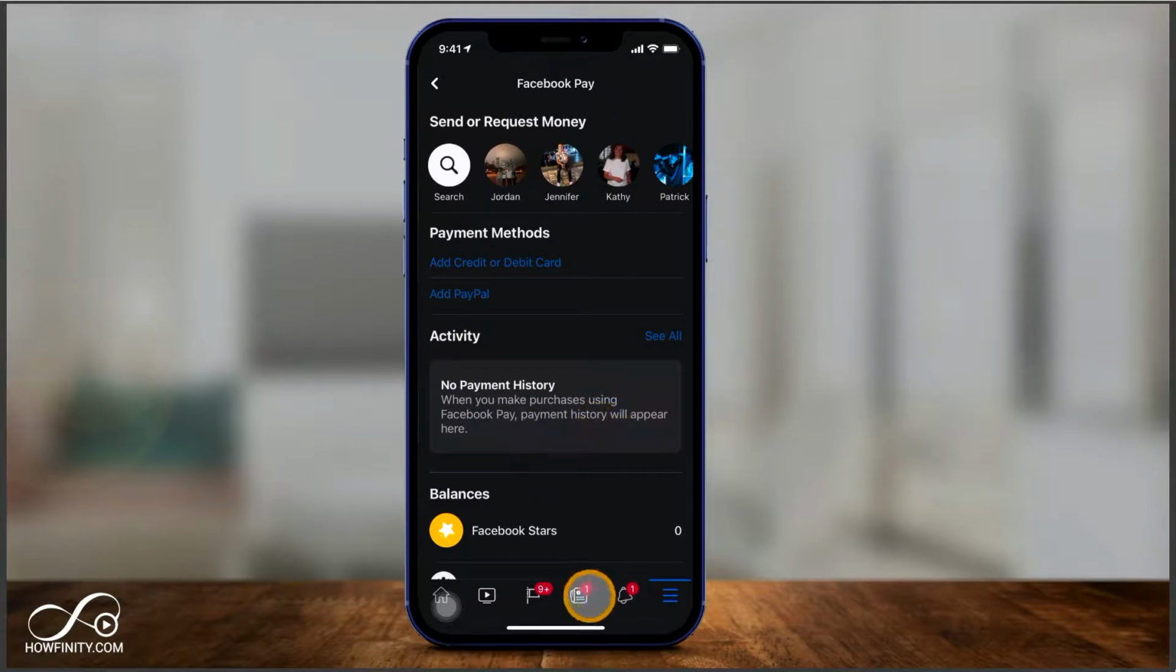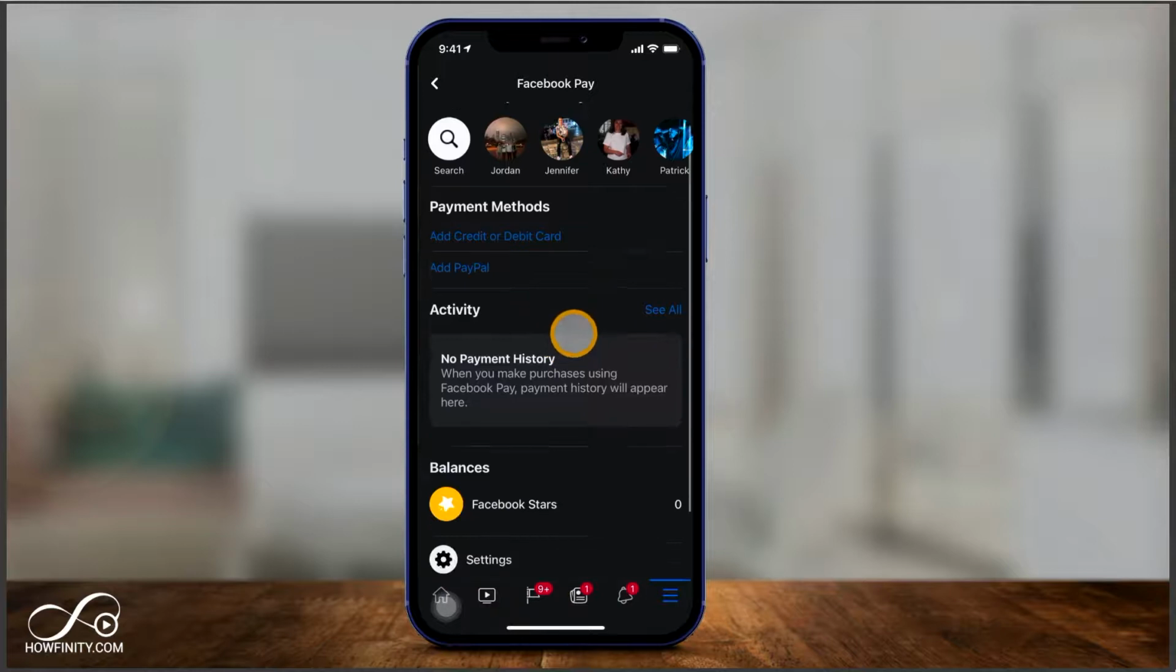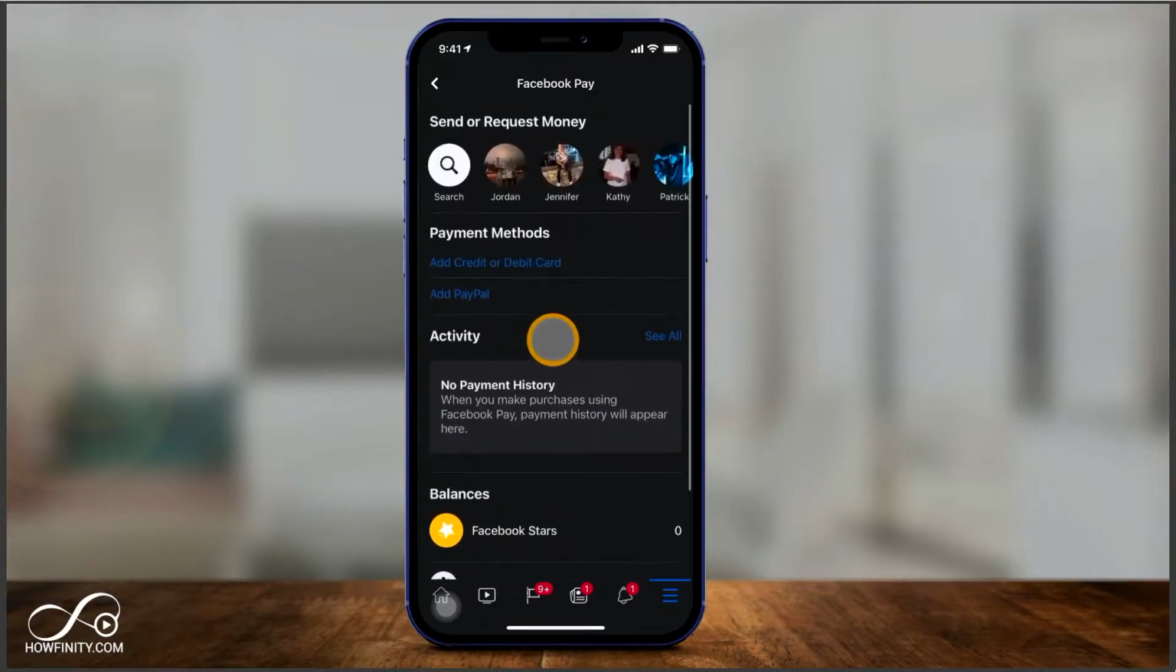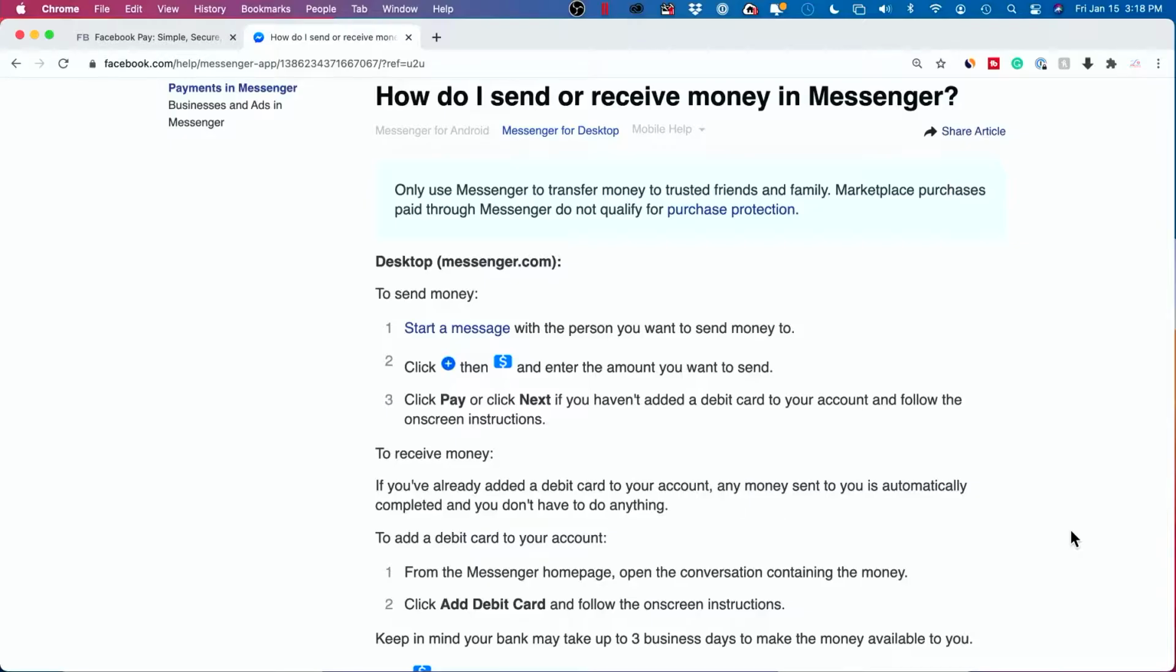You could also pay for things now using Facebook Pay inside of Facebook Marketplace. If you jump into Facebook Marketplace, and as long as they accept that as a form of payment, you could go ahead and pay them the same way. And in order to withdraw money that someone sends you, you actually don't have to do anything. As long as there is a debit card or a PayPal account attached to your Facebook Pay, it automatically transfers